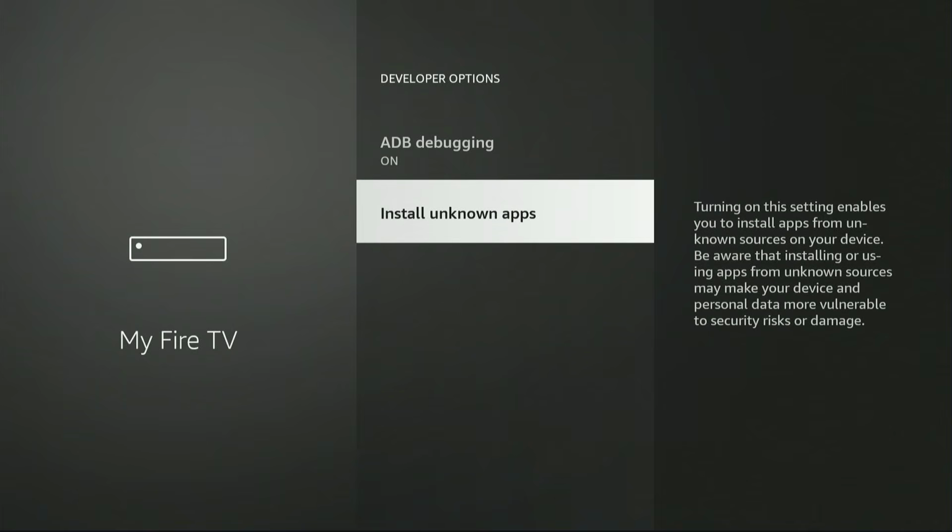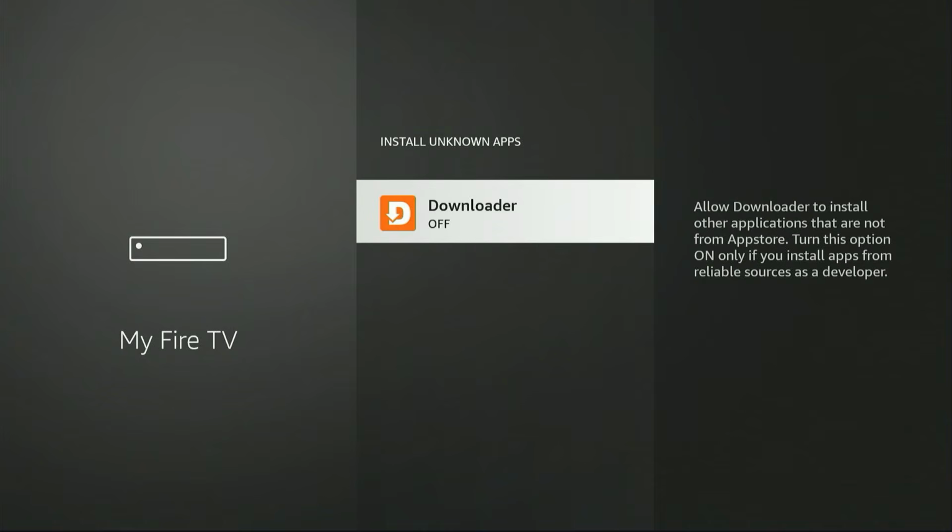We're going to click into install unknown apps. And as you see right here, Downloader is on this list and it's currently turned off. We need to allow the Downloader app to install unknown apps from external sources. So all we need to do is click our center button one time and turn it on. This step is important because without it, Downloader won't be able to install the secret code installer we're going to